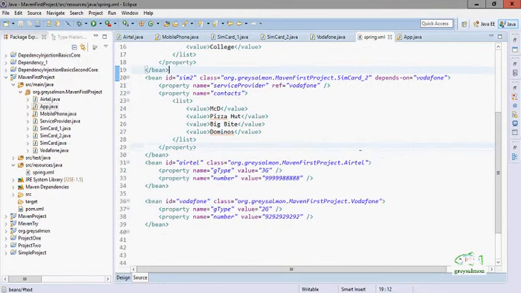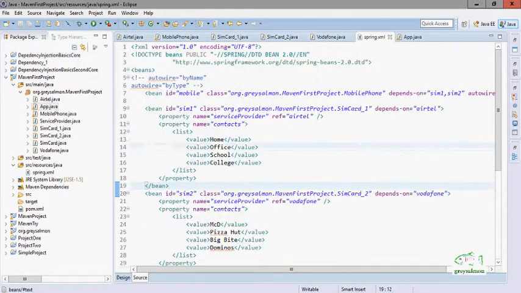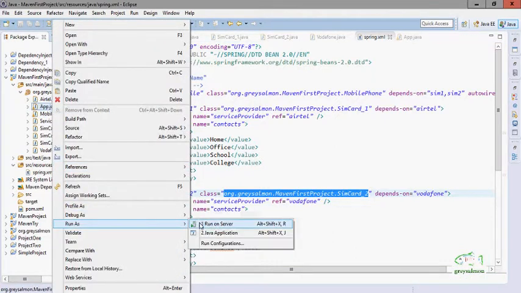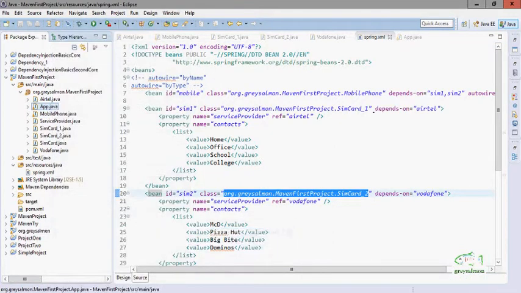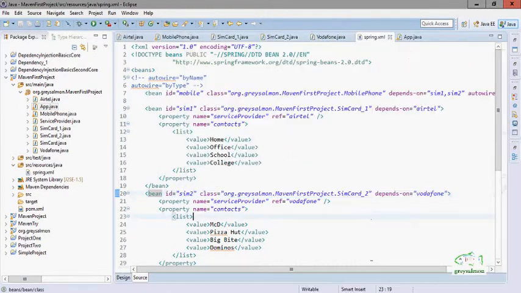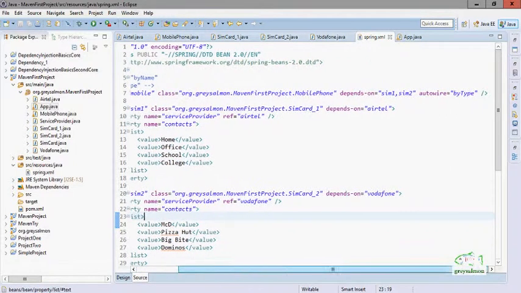But here there is no contradiction, because we have only one bean of SIMCard1 and only one bean of SIMCard2. So when we run this application, these dependencies are injected according to the type. It is working fine.